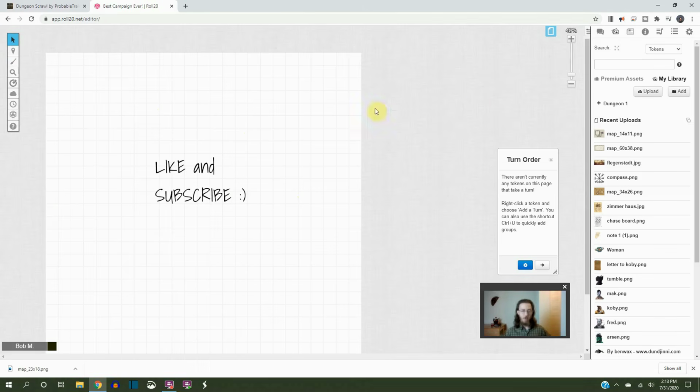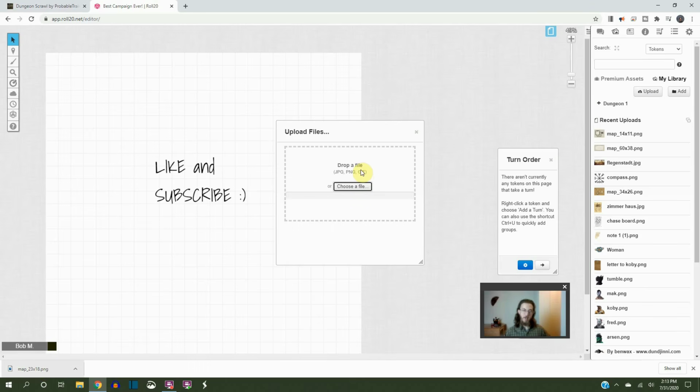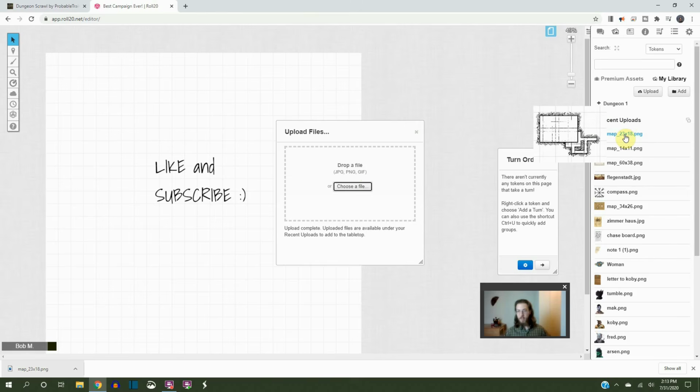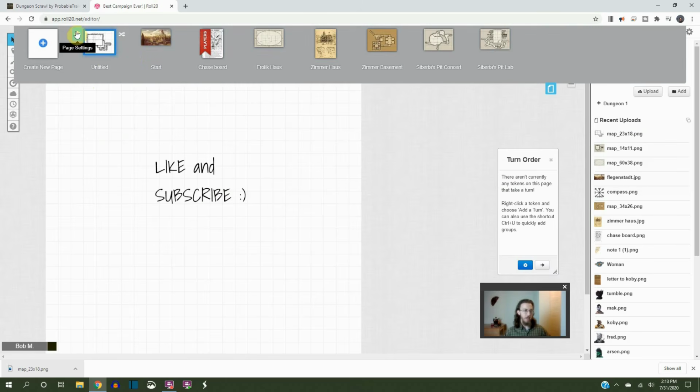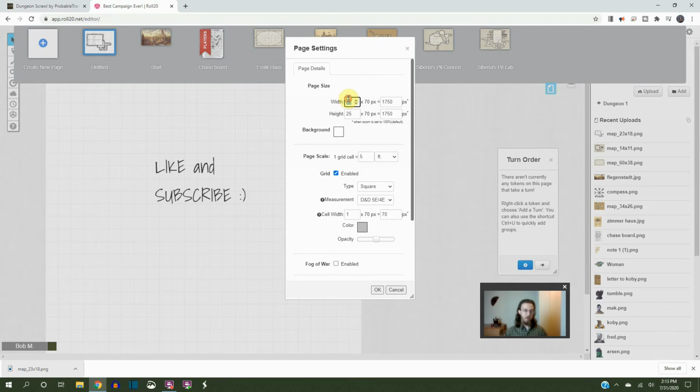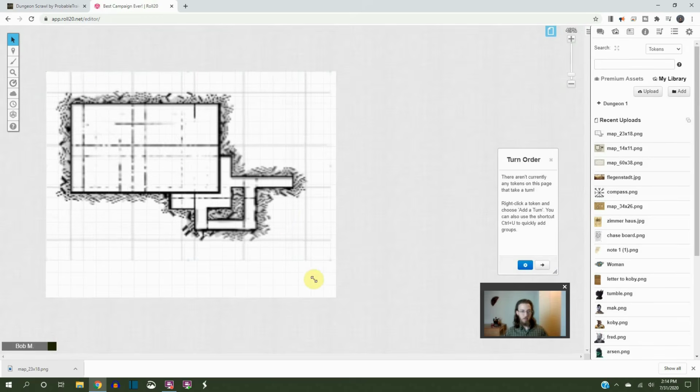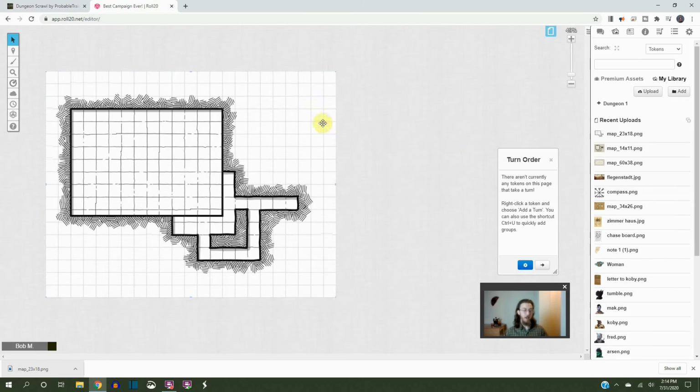So go to our map layer, go to our catalog, hit upload, and now from my recent downloads, I'm just going to drag this right in. It takes a second to load in Roll20. There it is. Drag it onto the map. And I know this thing is 23 by 18. So now I go to my page settings for Roll20, 23, 18. I just change the width of this page, and then I can just stretch it out, and it fits perfectly